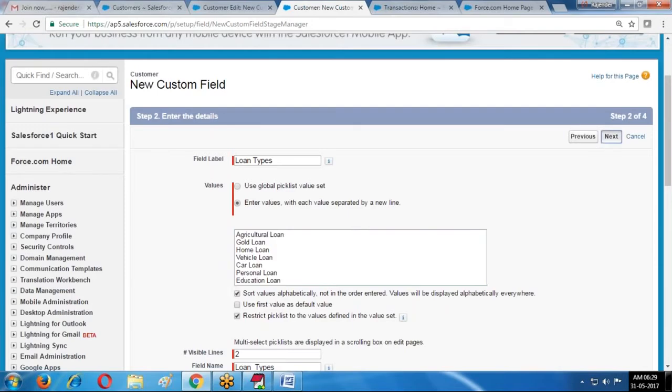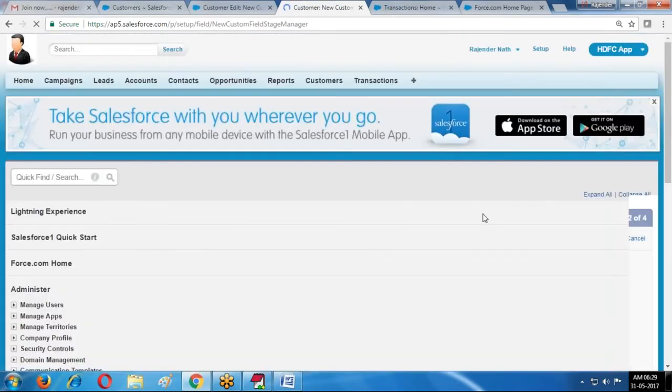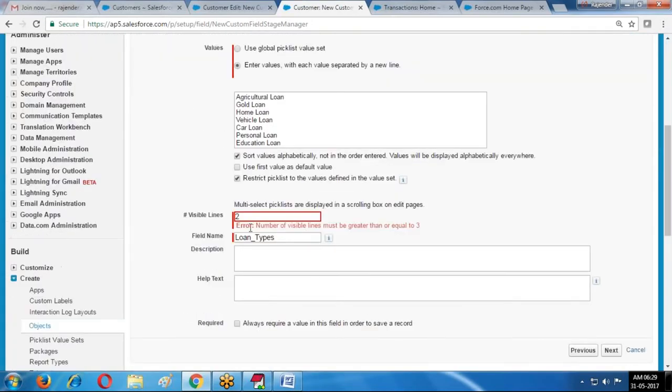How many rows do you require? Here the number of visible lines must be greater than or equal to 3. If it is less than 3, then you get the error. If it is 20, it must be less than or equal to 10.